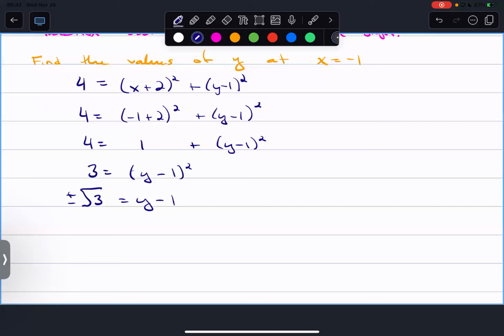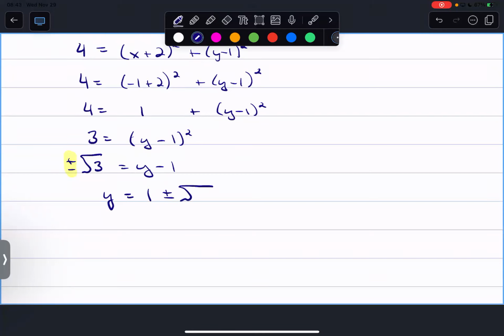Taking the square root of both sides. So then here, don't forget that little plus-minus, because that's how you're going to get 2 possible values for y, right? And we need those 2 values. There isn't just one, there's 2, right? And so now we have y minus 1 is plus or minus the root of 3, or if I add this over to the other side, but in the same move,